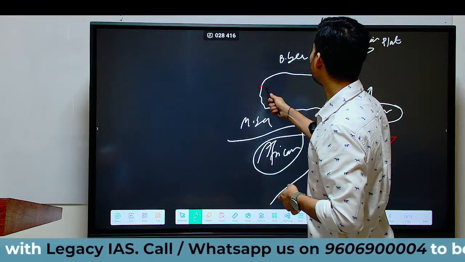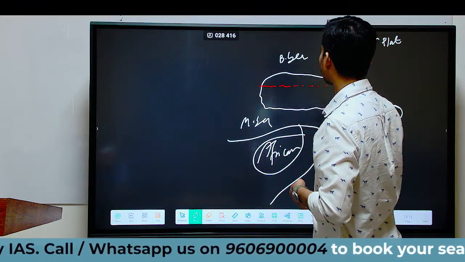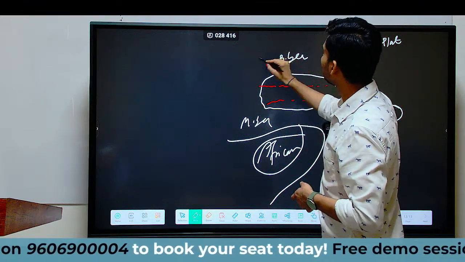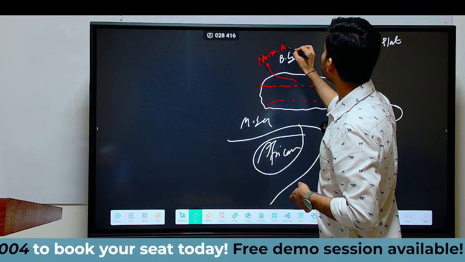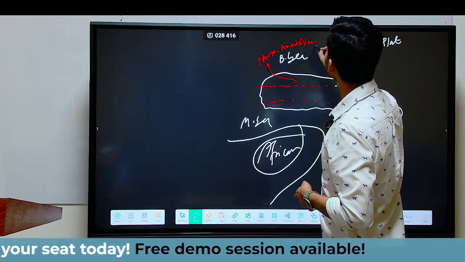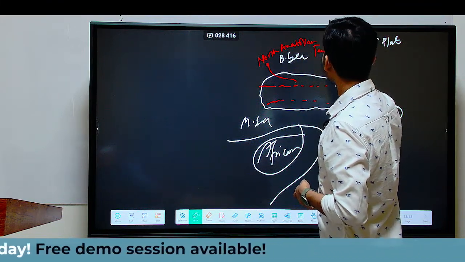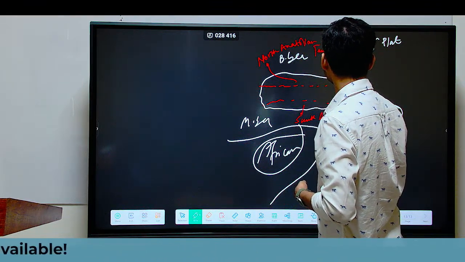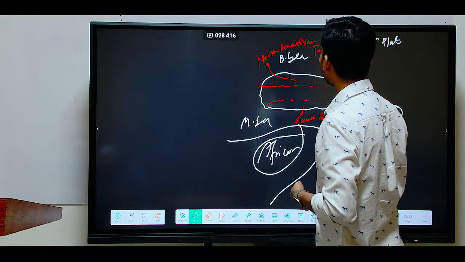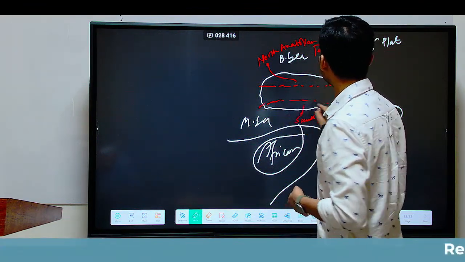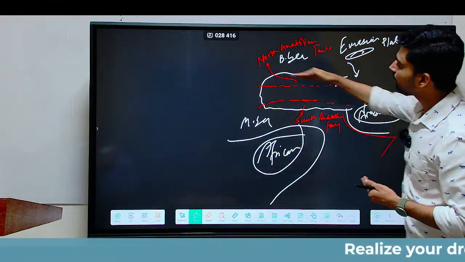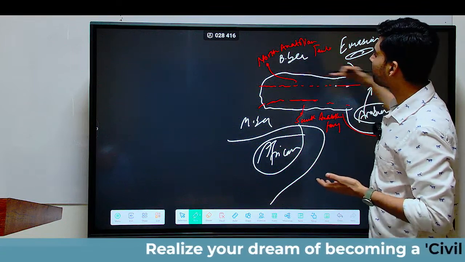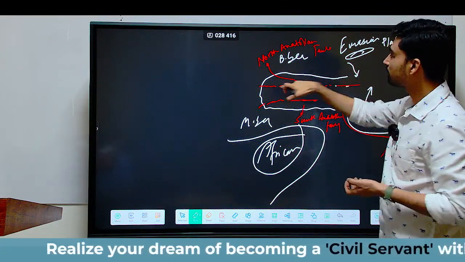Thus, we can see two fault lines in Turkey, one to the north, one to the south. The northern fault line is what we call the North Anatolian fault. Anatolia was actually the old name of Turkey. And here we can find what we call the South Anatolian fault. So we have the North Anatolian fault and the South Anatolian fault, and the entire country of Turkey is basically moving along this fault zone. So when we have a relative motion along this fault zone, along this red line that I have drawn,